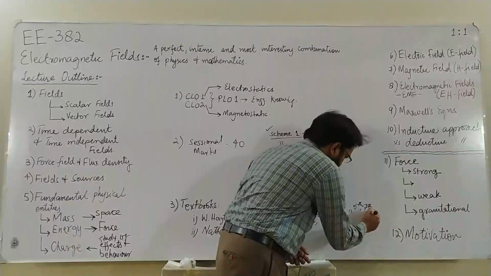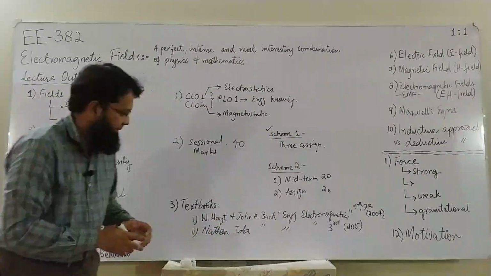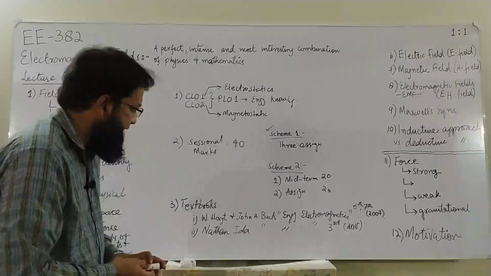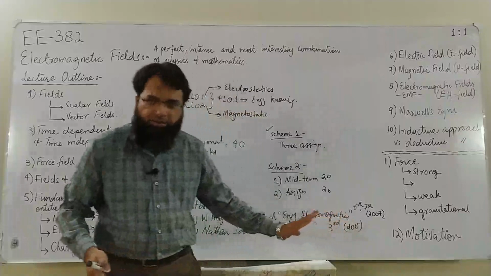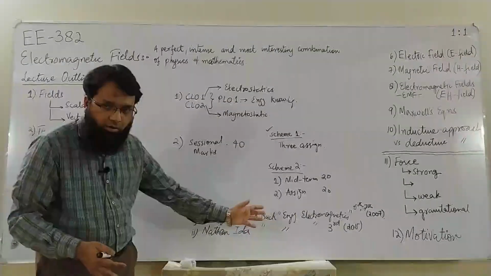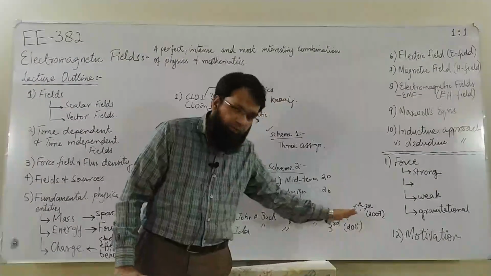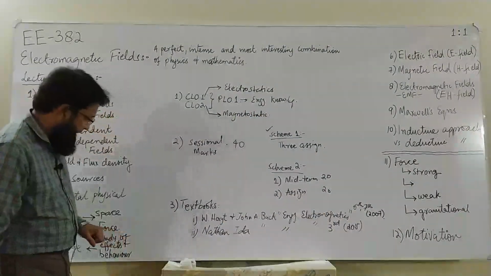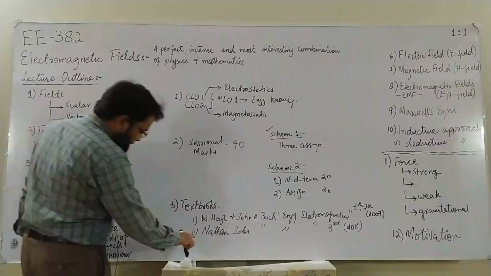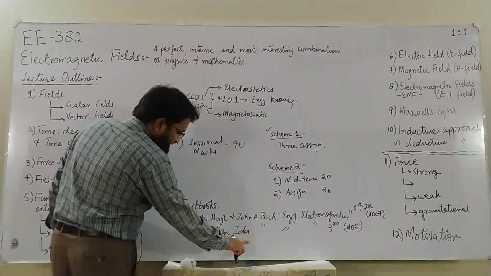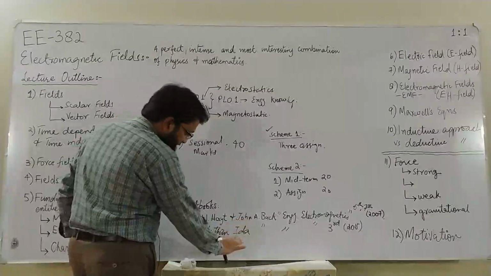7th edition was published somewhere in 2007. If you don't have access to 7th edition, you can take 6th edition. You can take the ebook, right? I cannot promise, and I won't promise to upload any e-version of these books because this is against the copyright laws. However, the second book by Nathan Ida covers essentially the same subjects, but is very